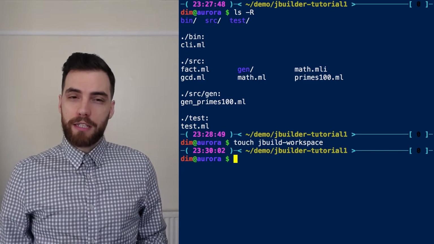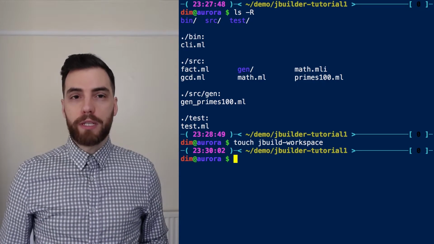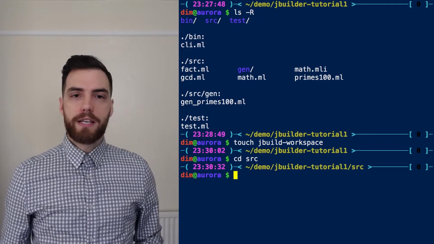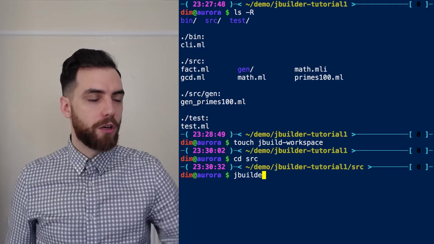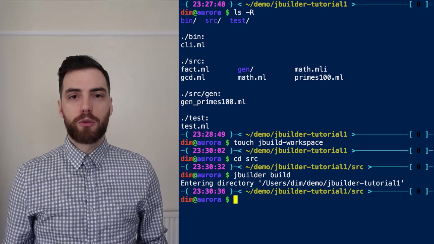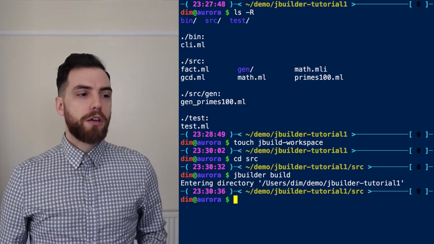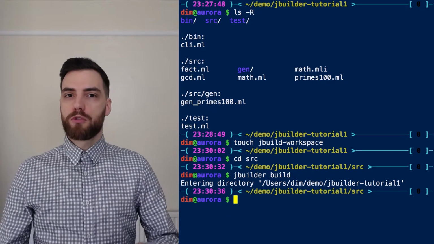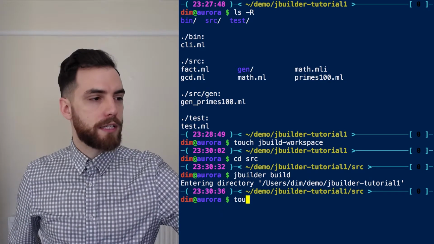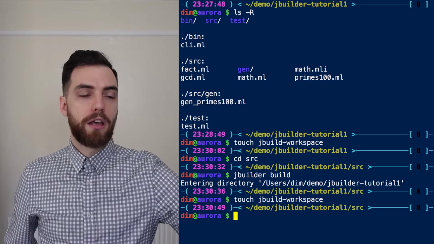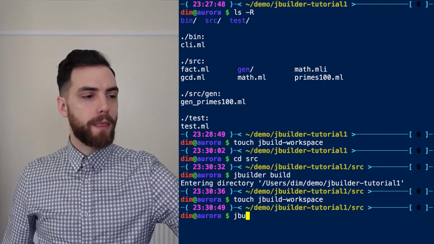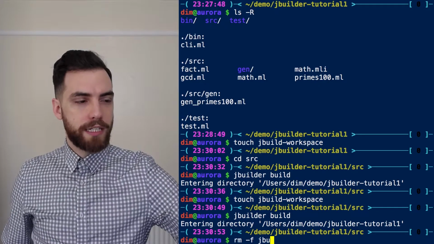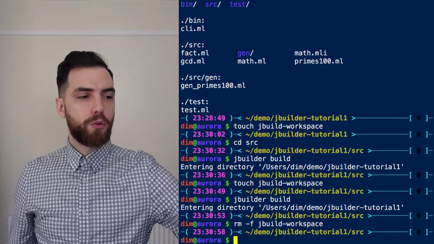When JBuilder starts, if the root of the workspace is not the current directory, it will tell you what is the root of the workspace. So for instance, if I go in the src subdirectory and I type jbuilder build, it's telling me "entering directory" followed by the root of the workspace. Since we can compose workspaces, when there are several choices, JBuilder will always choose the biggest workspace. For instance, if I go in the src subdirectory and create another jbuild-workspace file, JBuilder will still pick up the same workspace. So I'm going to delete this second file,